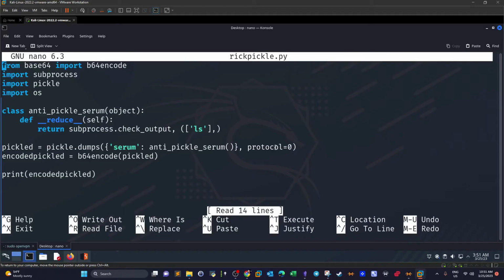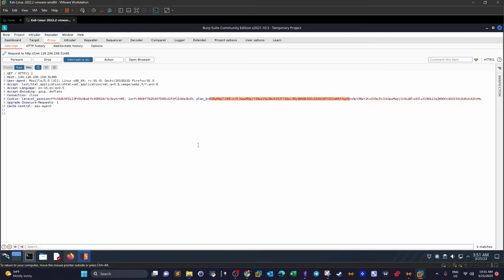Okay, and after we create the pickled form, we want to encode this into base64. So we use base64 encode on this variable, and then we print out the final value. This final value here should be the base64 of the pickle that will execute the command ls. We will use that base64 pickled object or byte stream in the cookie here. So let's do that,